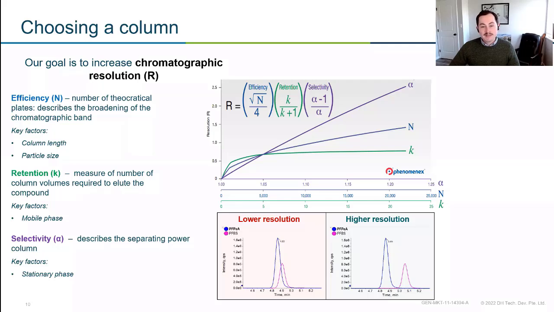With MS-MS, this is not as important as, say, UV. With UV analysis, if our peaks were superimposed, there's not much we can do in terms of integration and quantification. We really need to separate them. Whereas with MS-MS, we can kind of get away with this a little bit. But regardless, we're always trying to keep separation between our peaks. And the variables that we use to do this, one would be efficiency. So efficiency is the number of theoretical plates and kind of describes that chromatographic band.